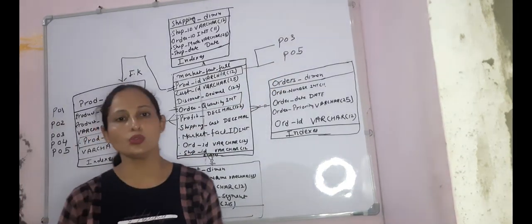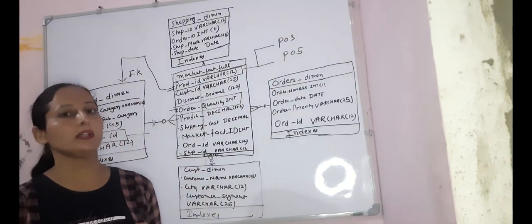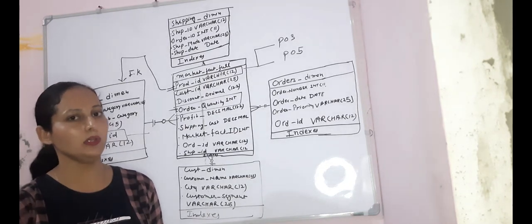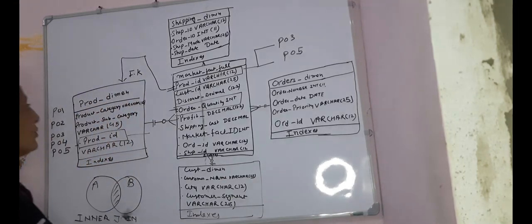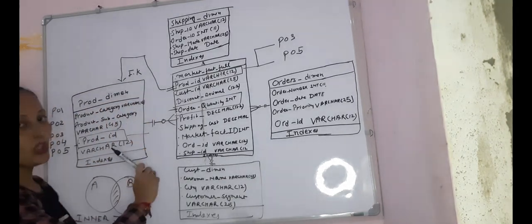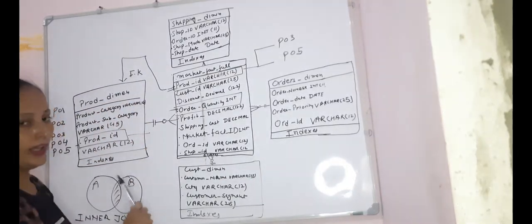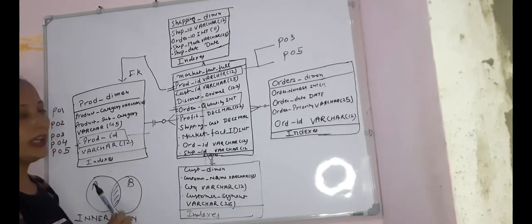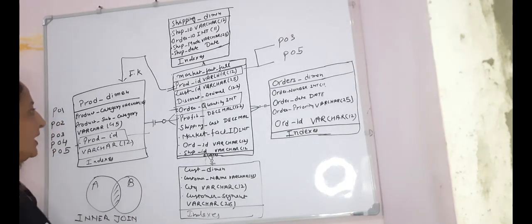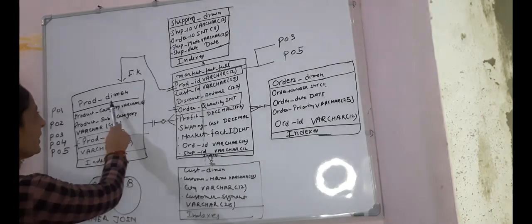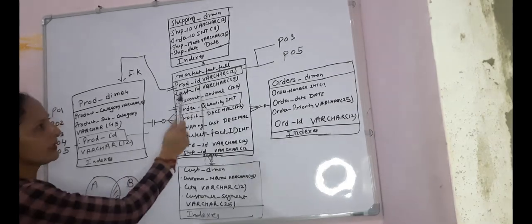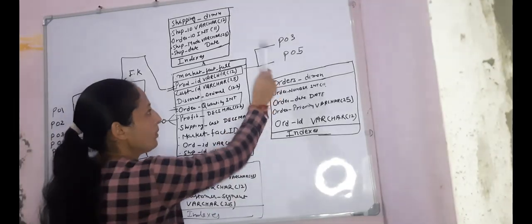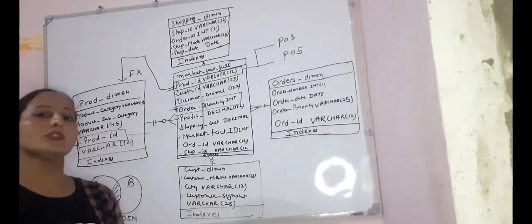First thing, to connect two tables, the most important and desirable condition, I think, is that if there are two tables A and B, either A should have a foreign key in B or B should have a foreign key in A. So here the product dimension has a foreign key. But this one table has information only about product P03 and P05.